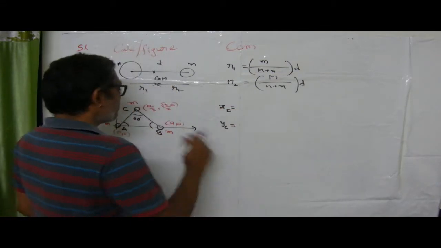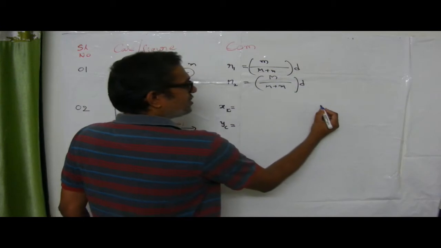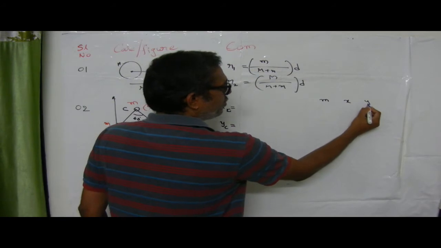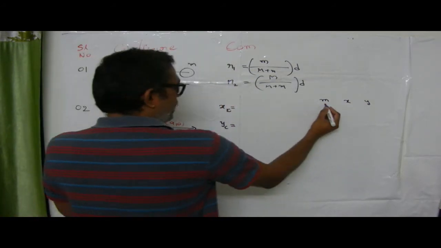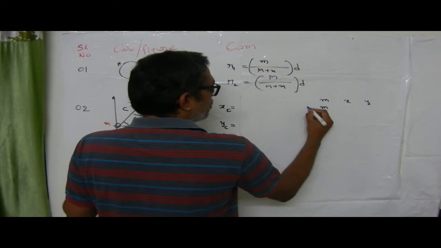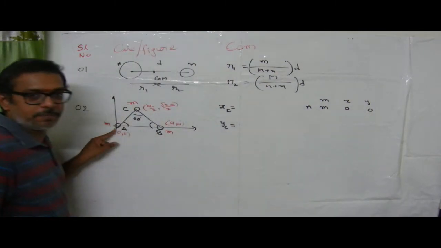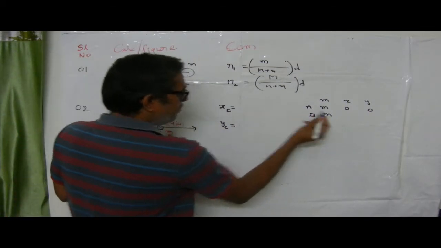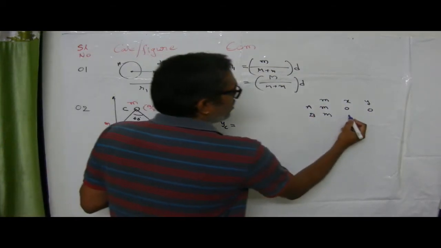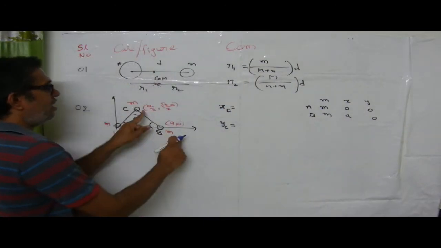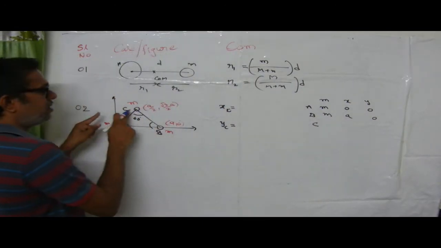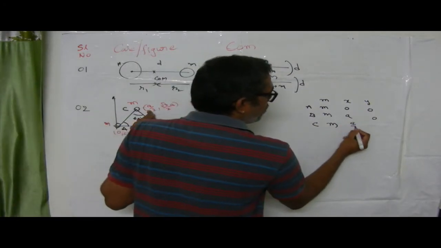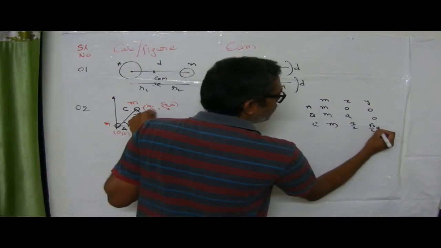How? Look here. In the given case, first of all, try to prepare a tabular form. What is that? Mass, position x, position y. That's it. At A we have the mass m, so at A the coordinate is 0, 0. At B, how much mass is located? Again m. And what are the coordinates here? a, 0. And what is the mass at the location of C? m. And what is the location? a by 2, root 3 by 2 into a.